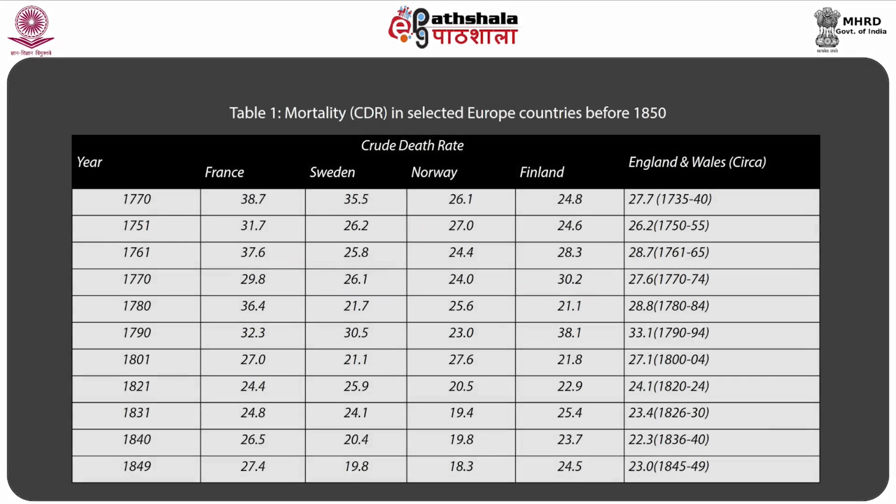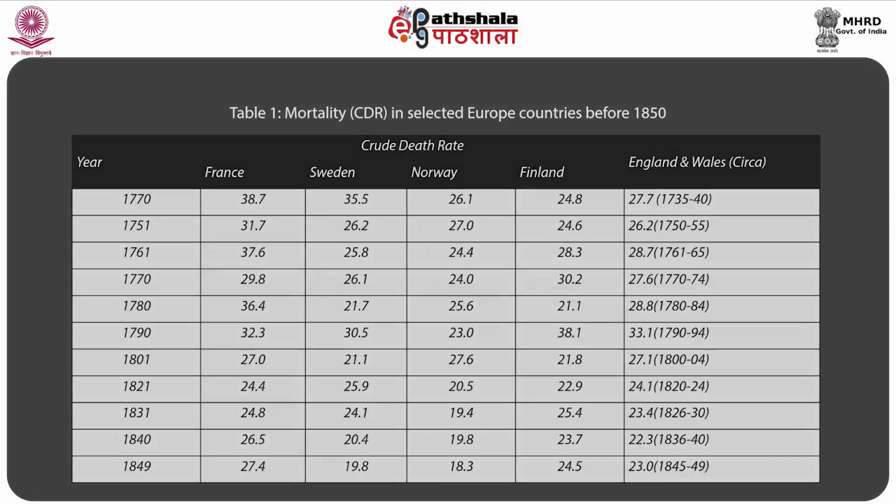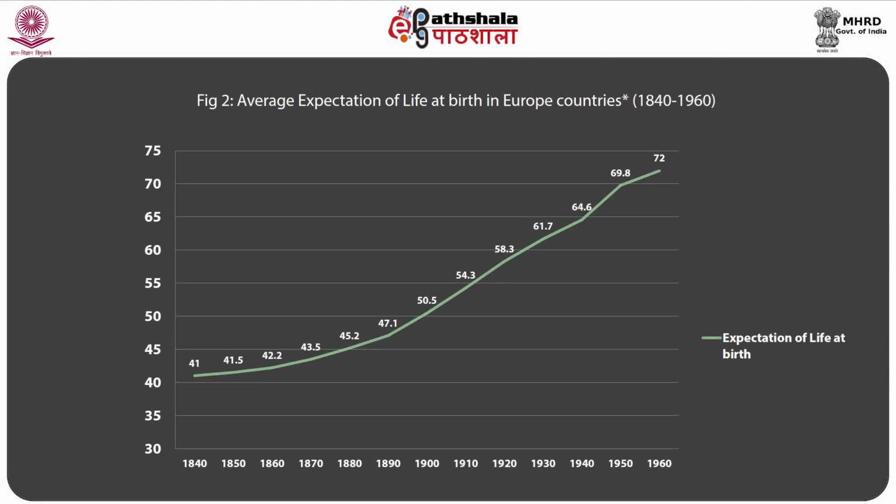Transition period. Since the beginning of the 19th century, especially from 1850 onwards, an era of progress in the prolongation of human life has been observed. In some countries, the transition has taken a very long period, hence it has been considered from 1850-1960. Figure 2 shows clearly that the average expectation of life at birth in European countries, Denmark, England and